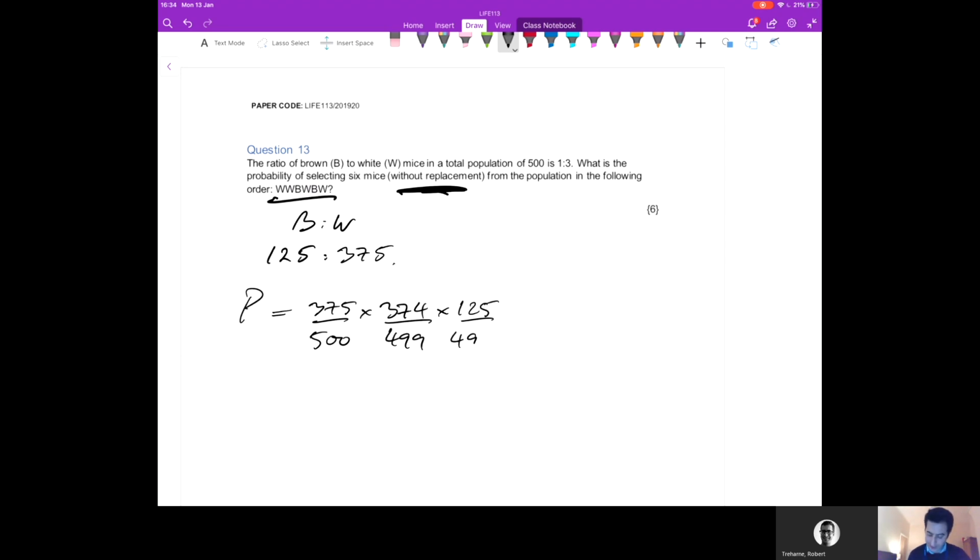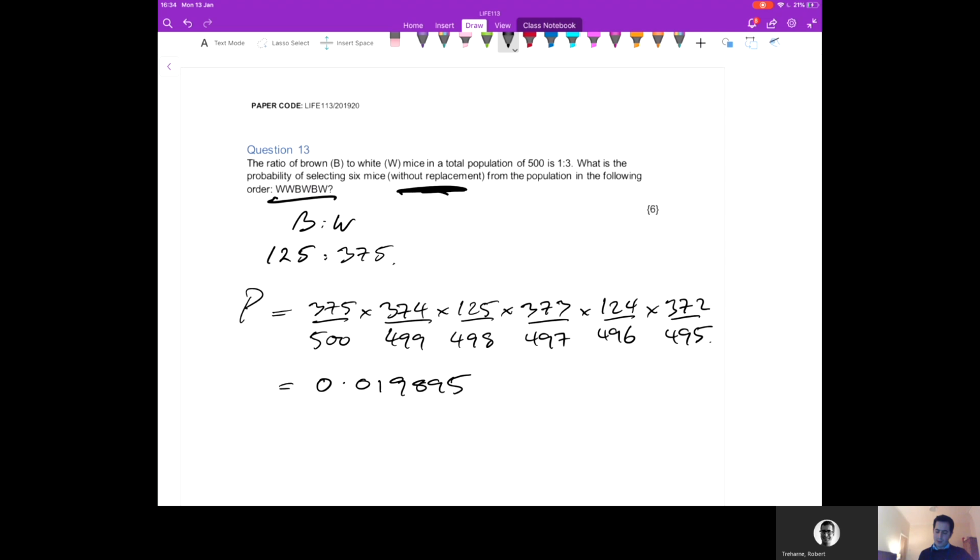already, so that's 498. Then what's the probability of another white mouse? Well, this time it's 373 divided by 497. Another black mouse, that's 124 over 496. And then finally another white mouse, that's 372 over 495. Do that, you get something like 0.0, I think it was